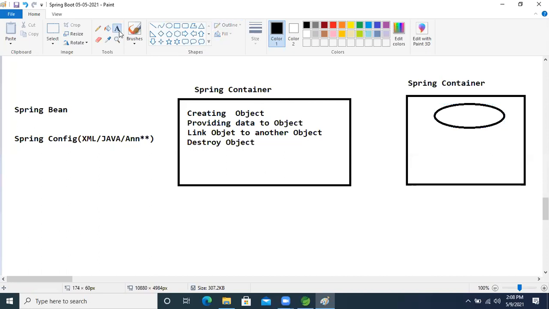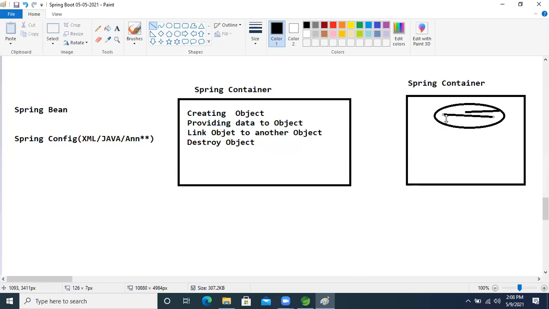After that, our IOC container will check the property configuration and provide data to these objects.